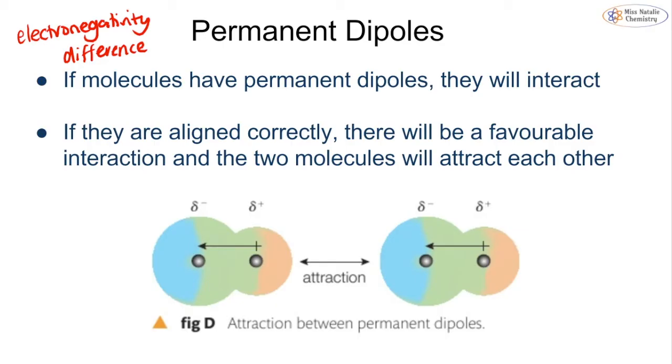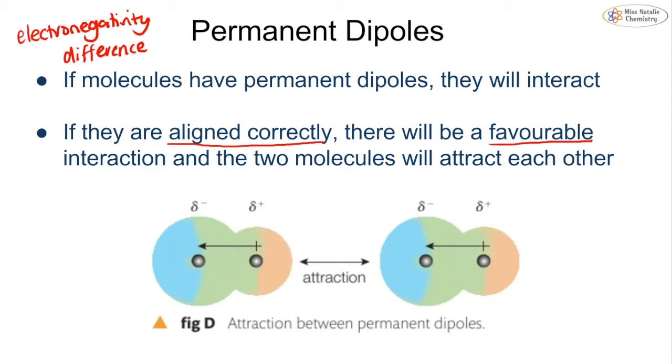And that means that the difference is high enough that there is always a dipole present. So this time we are looking not at the movement of the electrons, we're looking at where they sit within the molecule. If you have a permanent dipole in a molecule, then it will interact with something else that will have a permanent dipole. And in an ideal world, they would be aligned correctly and there will be a favourable